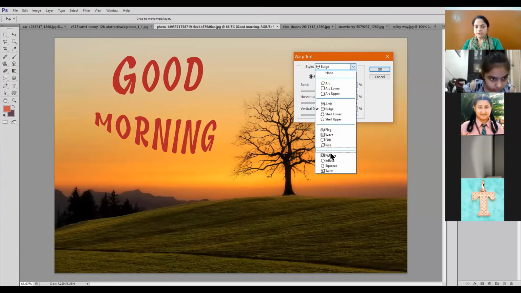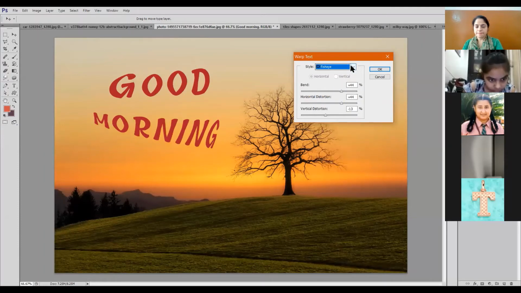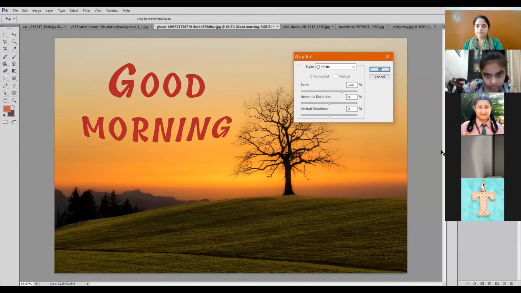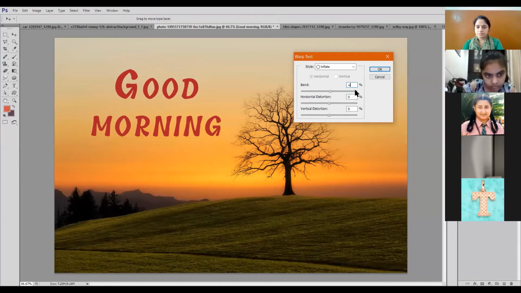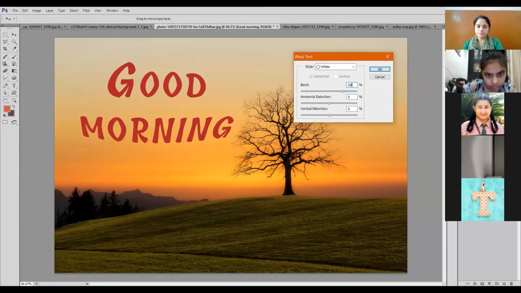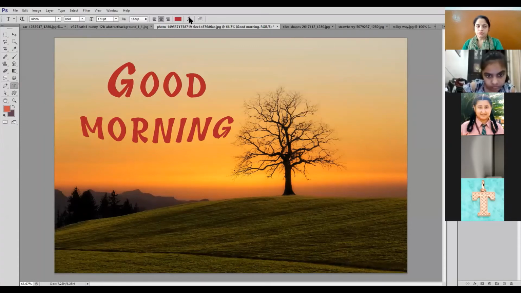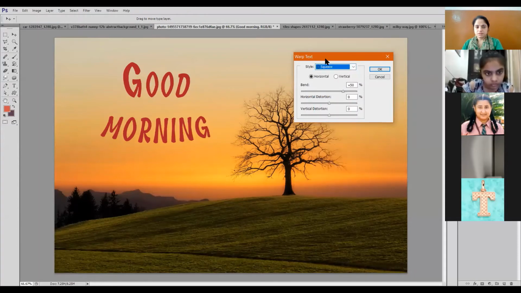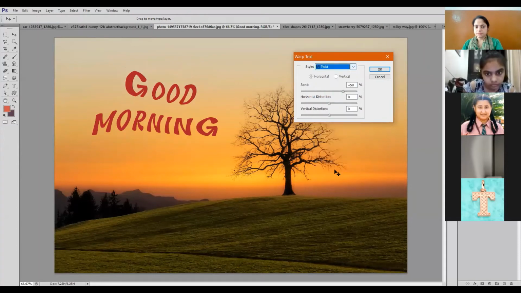You can have fisheye. You can have inflate. You can type also. Click on OK. Squeeze or twist.